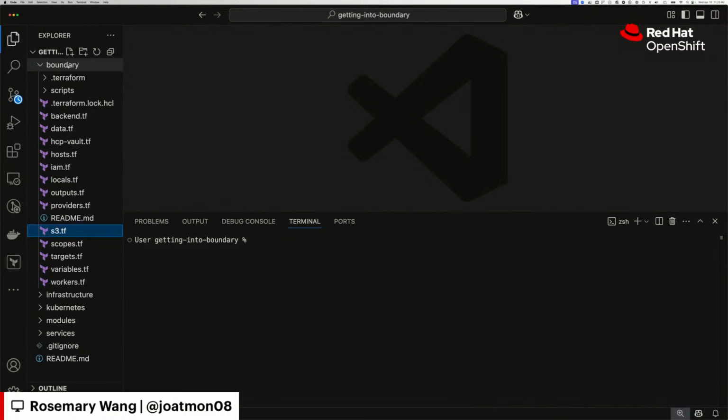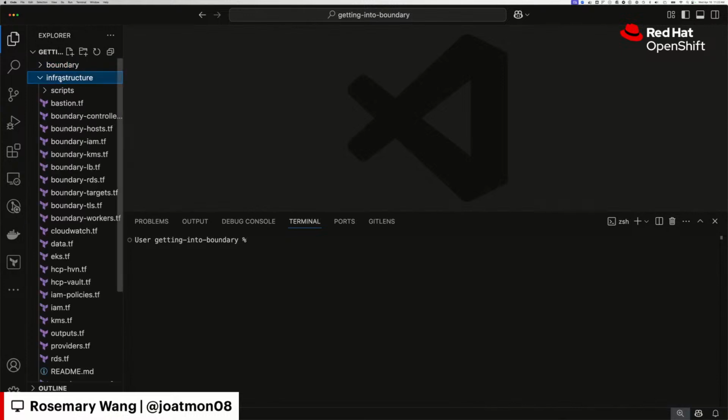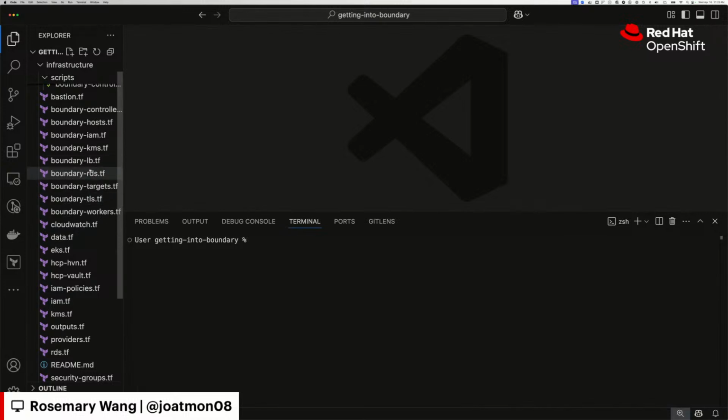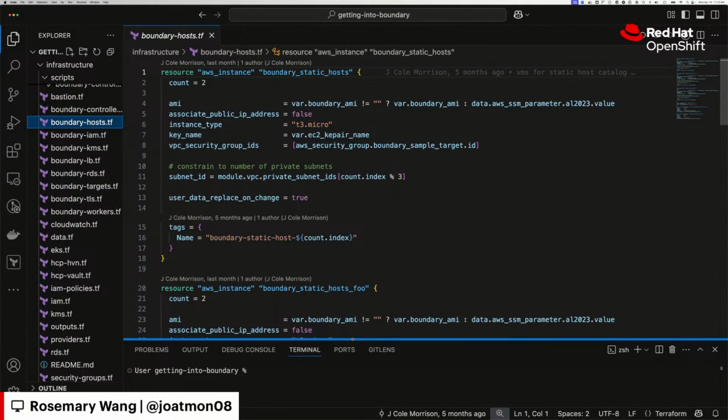Okay, so there's a couple ways that you can think about doing this. The biggest thing I would suggest is that if you want to do it all in Terraform, you have to do a combination of two things, and this is going to apply to most cloud service providers.